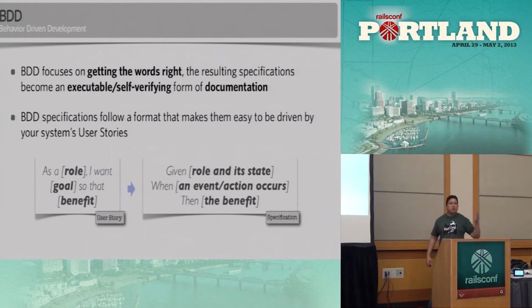So typically we have user stories that look like this. As a role, I want to accomplish some goal so I can benefit in a certain way. And with RSpec, in most of the BDD frameworks, it translates pretty much directly to: given some role in some state, when an action happens or when a specific event occurs, I want to benefit in a certain way from the application. Like the application might be returning a new page with some set of data that I'm expecting.